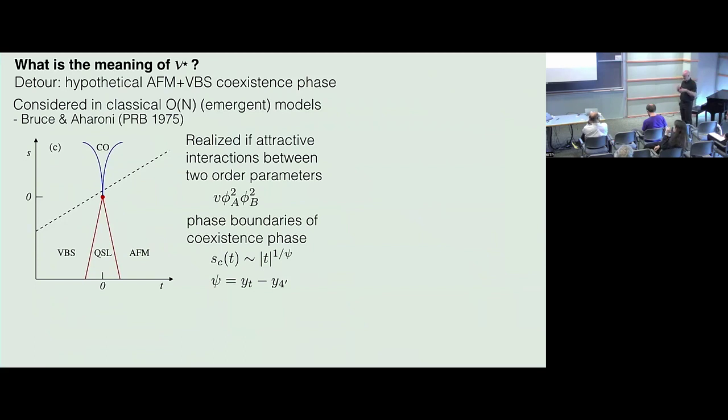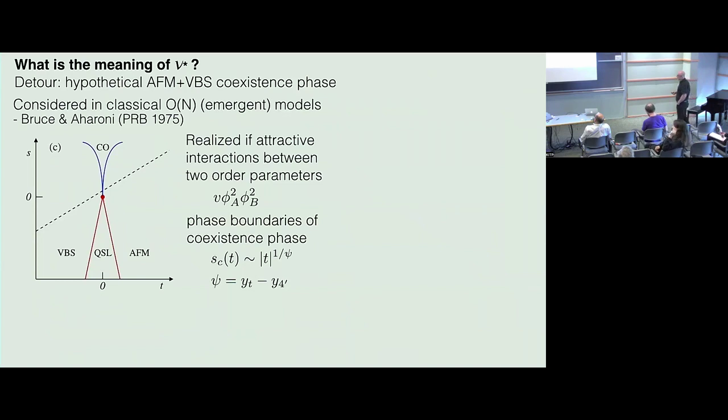There's always some relevant perturbations, unless N1 equals N2 equals 1. But anyway, what they did formally should still be okay. So if this V is negative, you should get a coexistence phase, and the phase boundaries are given by that. And now I translate this to our notation, applying it if this is the SO5. So then this psi should be this Y_T, which is 1 over nu_t, minus this Y4 prime that I